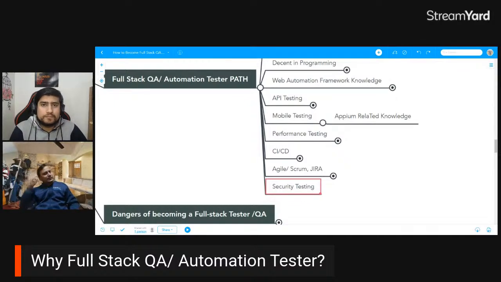In performance you can still get away becoming a full stack and doing performance testing a little bit, but in security you need a lot of in-depth knowledge, right? Because one mistake can cause a lot of damage to your company, be it financially or brand wise. So generally, companies prefer a dedicated penetration tester or security expert, right? But there are some companies, like startups, who can't afford them, so there you can be useful.